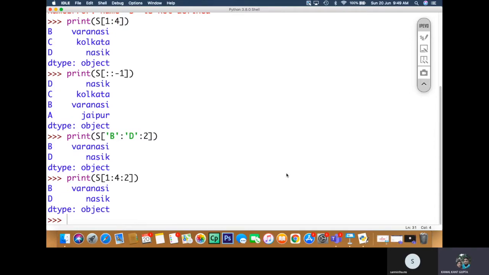But what if I am writing print s at 1 colon 4 and then 1 only?